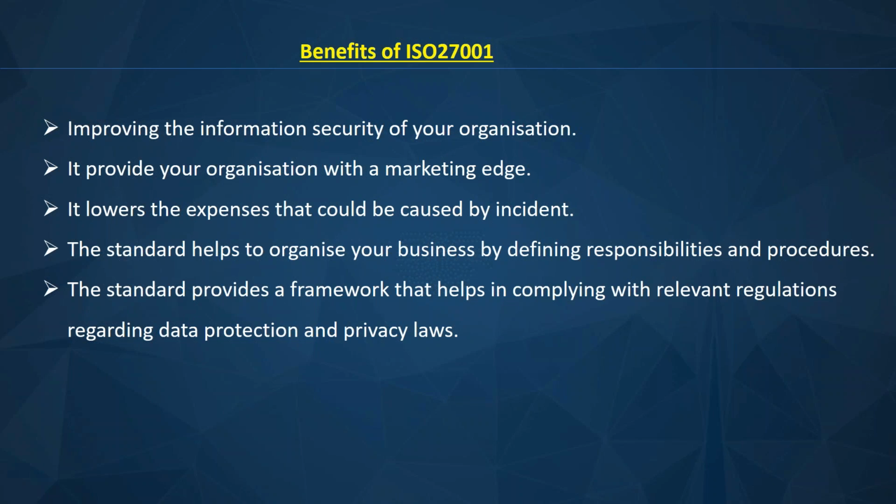So if there's any other law you want to comply with, it is easy for you to do. Maybe you want to comply with PCI DSS, Payment Card Industry Data Security Standard. Once you have ISO 27001 out of the way, it is easy for you to comply with other relevant laws, because that means the foundation has been sorted. That means the basics have been sorted. But without that being sorted, if you want to comply with those other laws, you will just end up wasting money. It's going to be a futile effort. You need to start from the foundation.